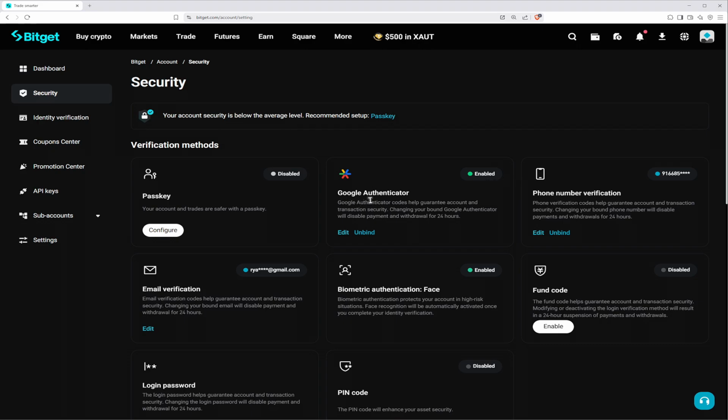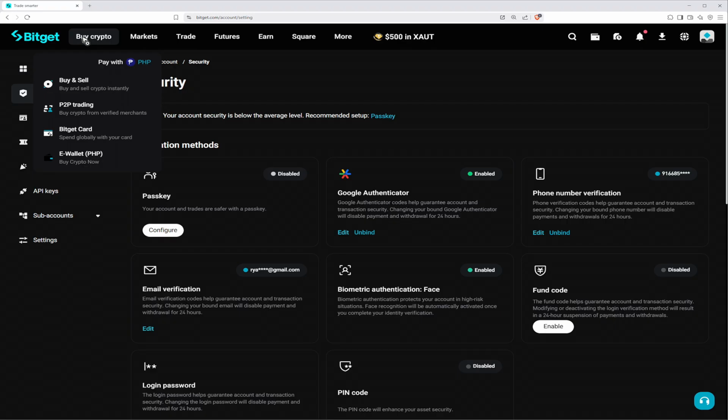And by the way, if you don't know how to add in Google Authenticator, we have a separate video for that. Just go ahead and look it up on the channel. So once you have the verification methods set up, well, you're good to go. You can now go ahead and trade, go ahead and buy and sell, and do what you want under your